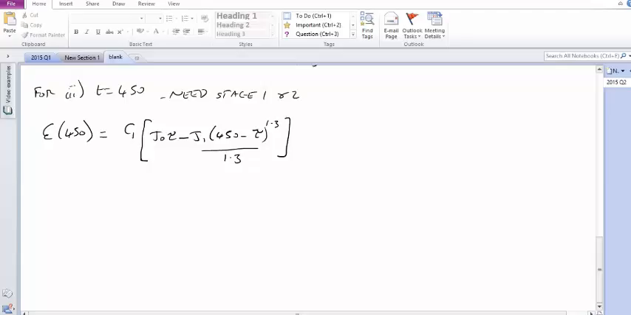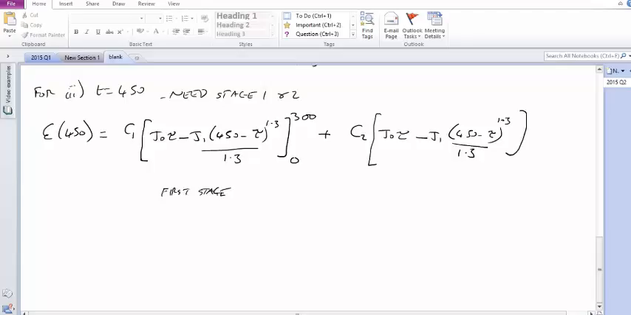So this one, the first stage, this is the first stage. That started at time t equals 0, and it finished at time 300. So the limits go up to 300 there. We then need the second stage. So we add that on, the second stage with C2, different stress rate. Again, J0 torr minus J1 450 minus torr over 1.3 raised to the 1.3, and the limits here now, the second stage,